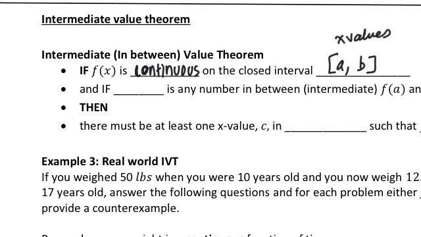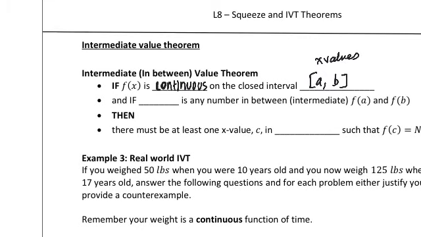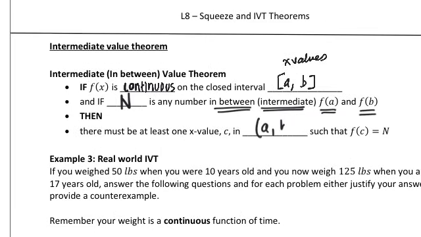If f of x is continuous on the closed interval [a, b], and if n is any number in between, or intermediate, in between and intermediate mean the same thing, n is any number in between f of a and f of b, then there must be at least one x value c in the open interval (a, b) such that f of c is equal to n, right? So that, I'm sure, was confusing when we stated it that way,